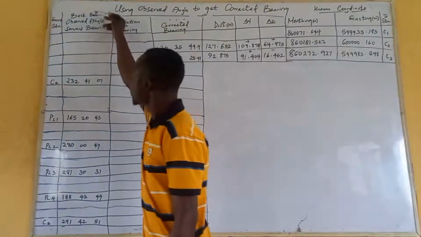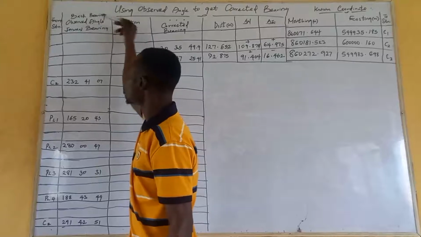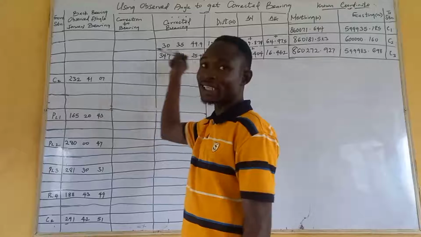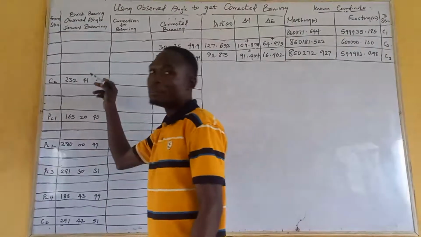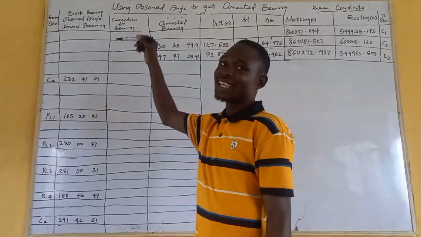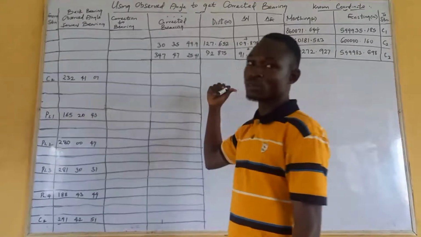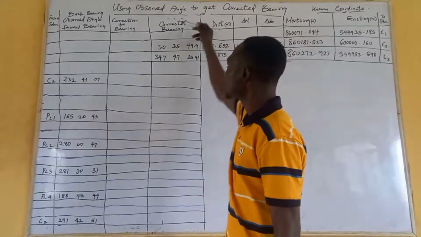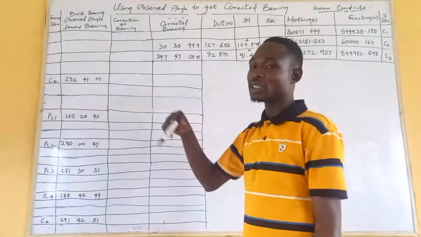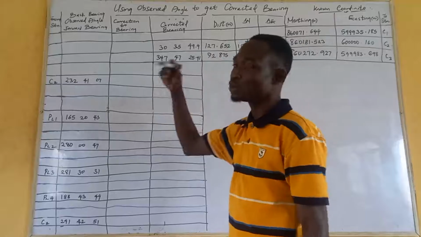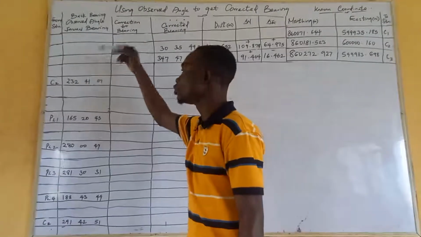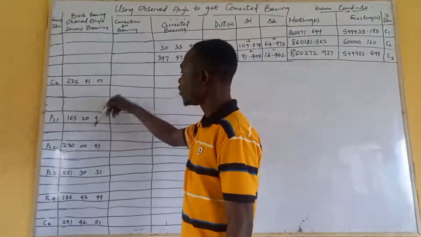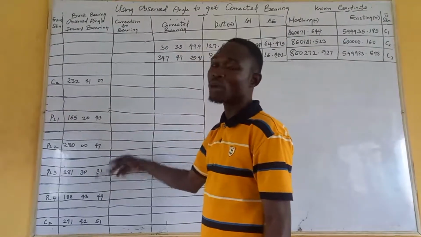This one here from the table, you will see observed angle. These ones are observed angles. Why this is corrected bearing is quite different. Bearing is computed angles that I told you earlier. The process we are doing now, we are going to arrive at corrected bearing. That is the purpose of the video. You just watch me while I take you through how to obtain bearing. But these ones here on the board are angles that were obtained on site,